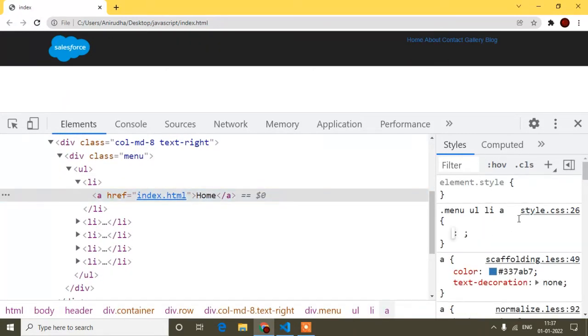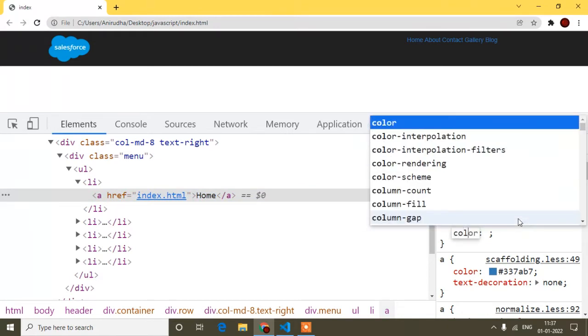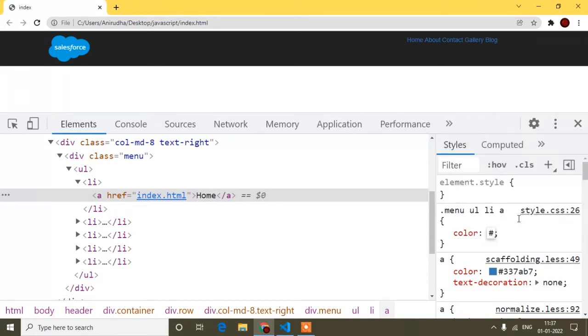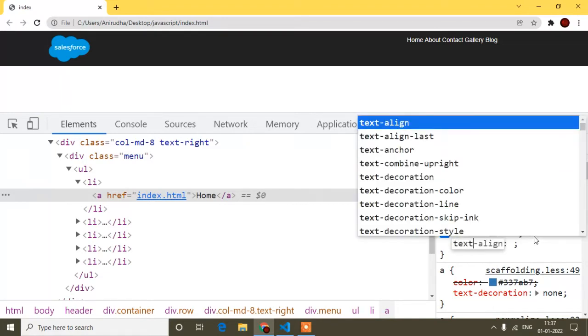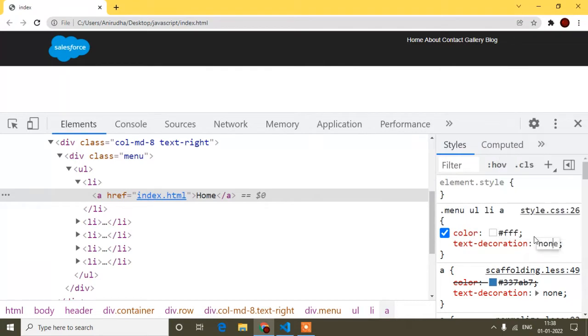So first thing, our first priority is to change the color. Color will be a white color. Okay, so you can see it's looking like this. And here when I'm hovering on the anchor text, you can see by default the underline is coming, so I don't need that also. So here I will write text-decoration. This CSS you have to remember. Okay, text-decoration is none. So now if I hover, you can see no underline is coming.